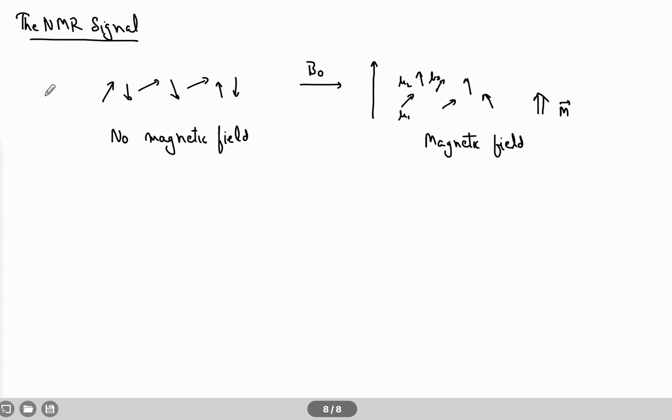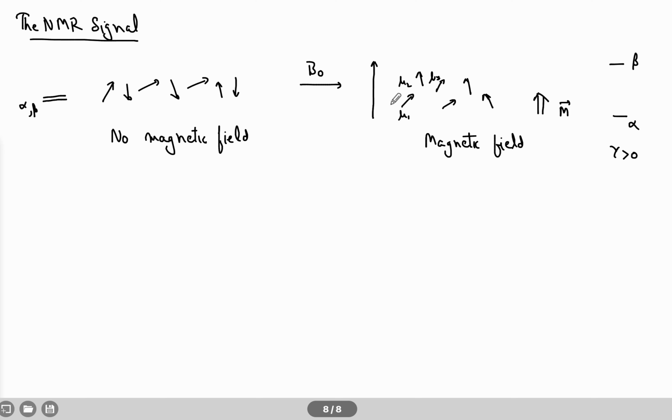This situation can also be described by an energy level diagram, where the alpha and beta energy states, which are described by m_I values of +half and -half for a spin half particle, are degenerate. Both alpha and beta have the same energy, whereas upon application of the field, alpha takes the stable energy state, and beta is the less stable energy state for gamma positive, right? Positive gamma nuclei.